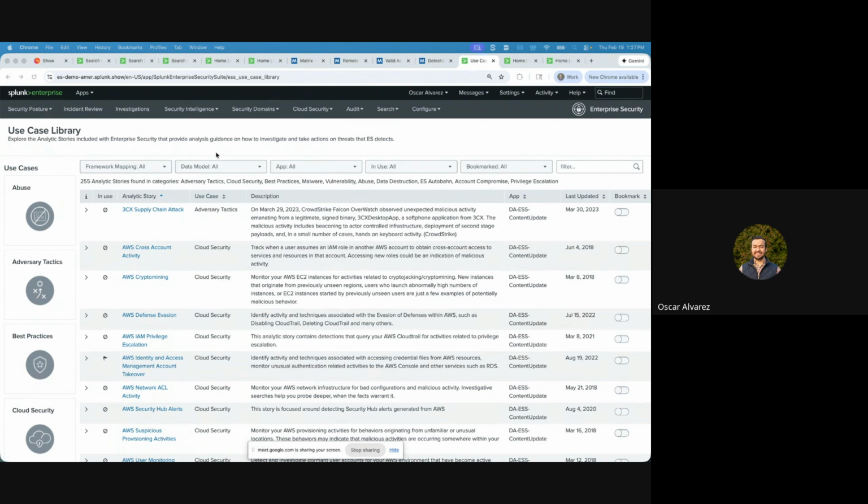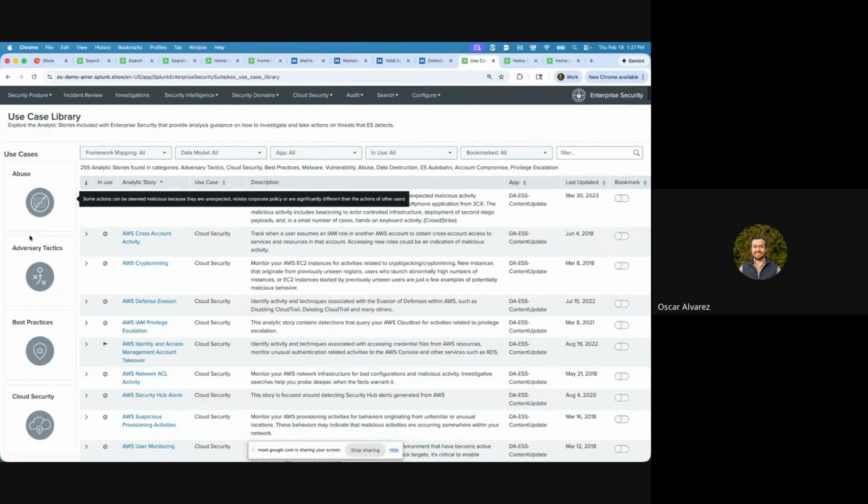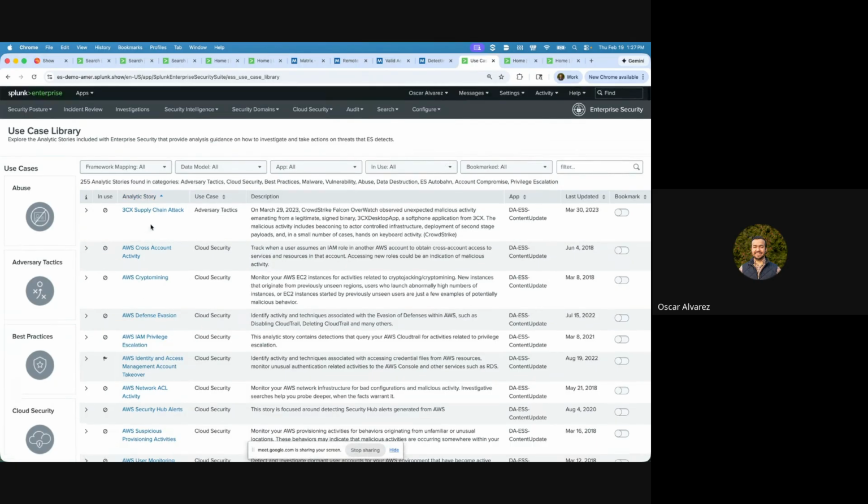This is similar to what we were going to look into on Security Essentials. Again, you have your different use cases here. You have a lot of out-of-the-box searches, and